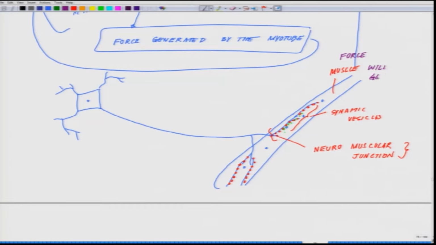the muscle will generate upon receiving input from the motor neuron. So, having said this,